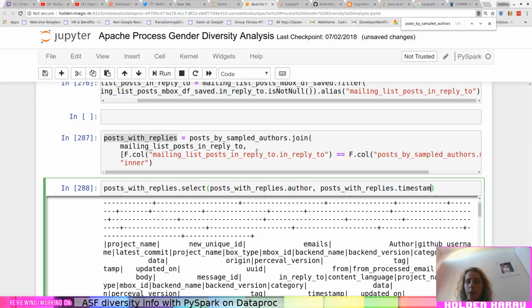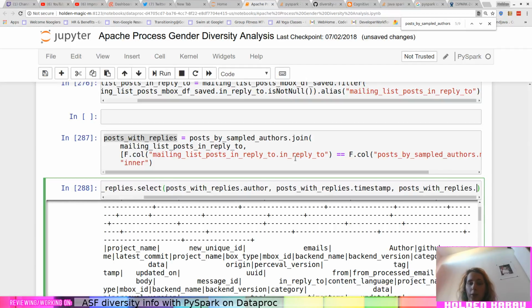let's get the timestamp on that as well, because probably more recent emails might be more interesting, especially if someone like me has changed the pronouns that they use over time. We want the project name for sure. Dot project name.